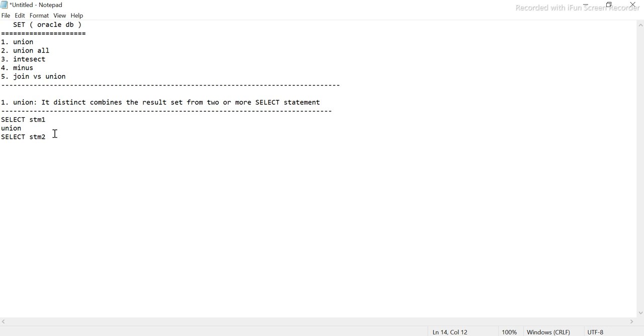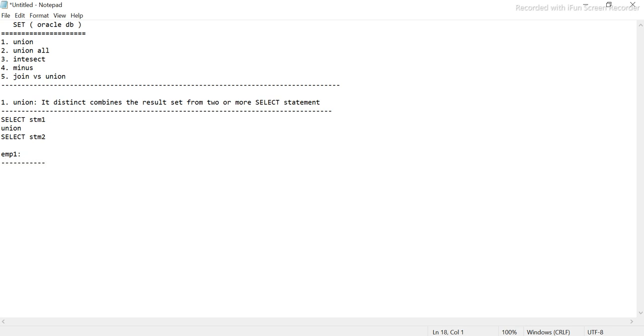So what it basically does is combine the result from the first one and fetch the rows from this particular statement and the second statement, and it simply merges these rows. For example, I will just give you an example now. I have, let's say, EMP1, one of the tables, and just pay attention, guys.